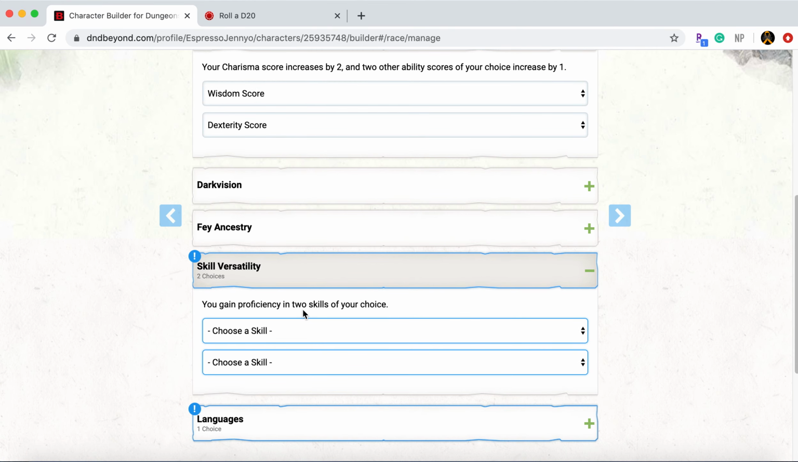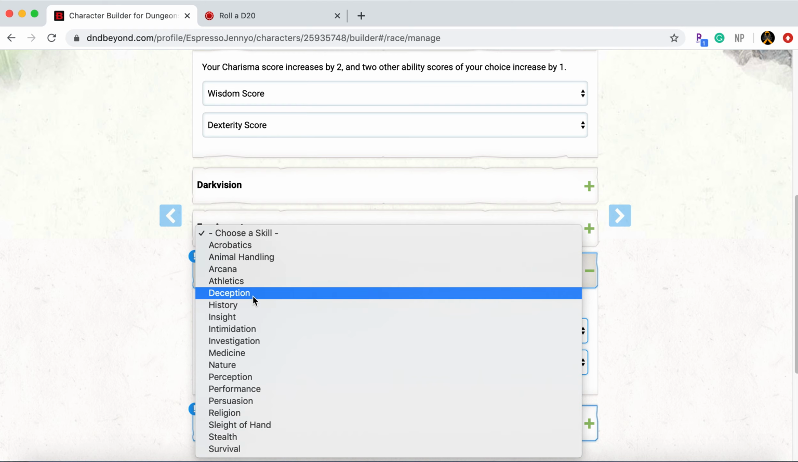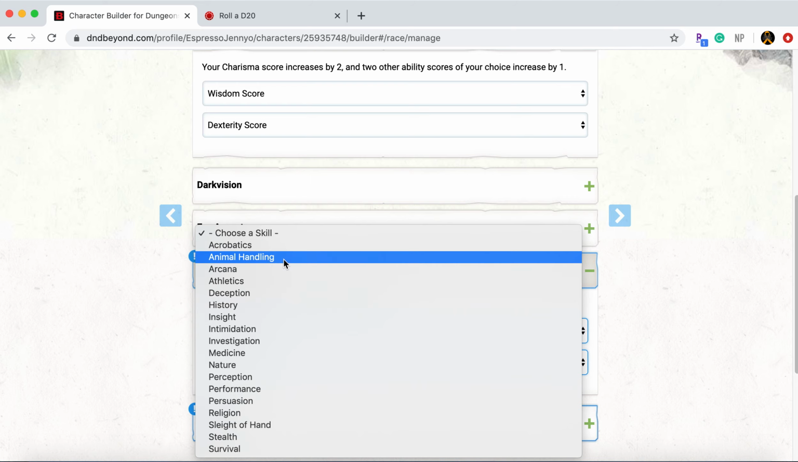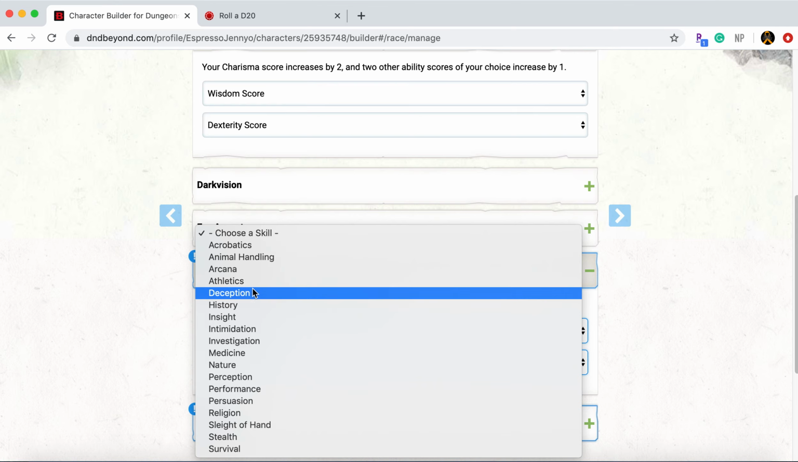For your skills, you have the choice of gaining proficiency, so you are better in these two skills than your other skills, and there's quite a bit of skills you can choose from. You have Acrobatics, which is kind of like gymnastics. Animal Handling: maybe if you got a horse, you're able to handle it better so it won't run away. Arcana is magic. Athletics is how able you are to run and all that fun stuff. Deception,